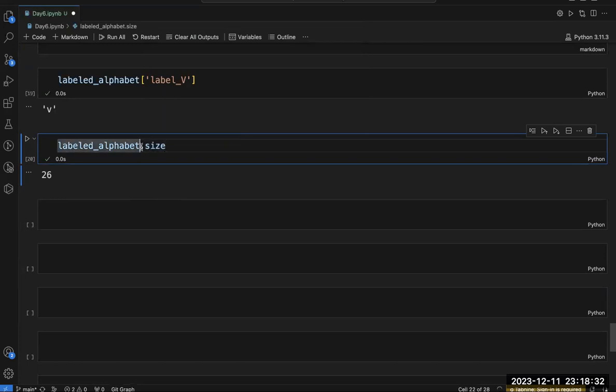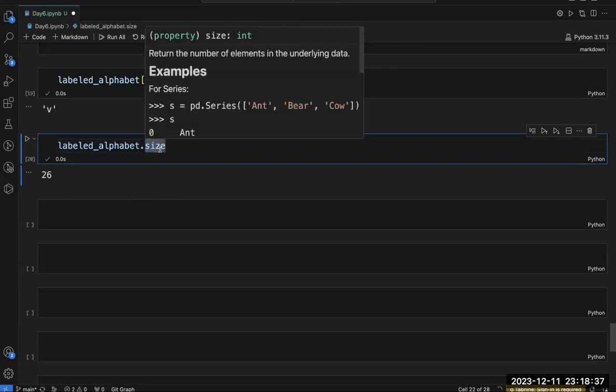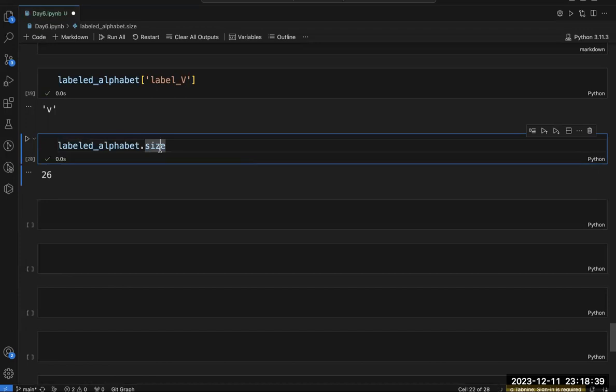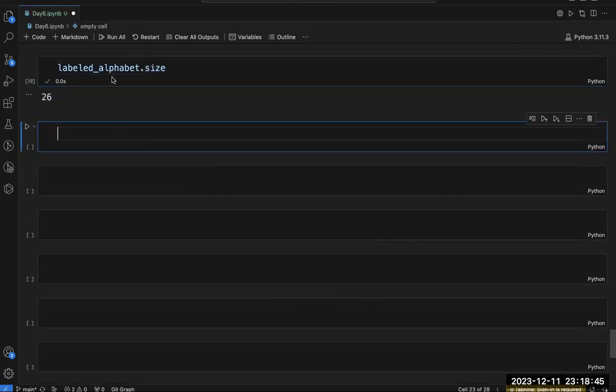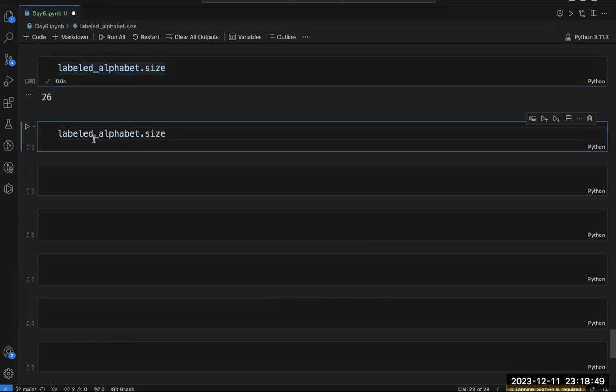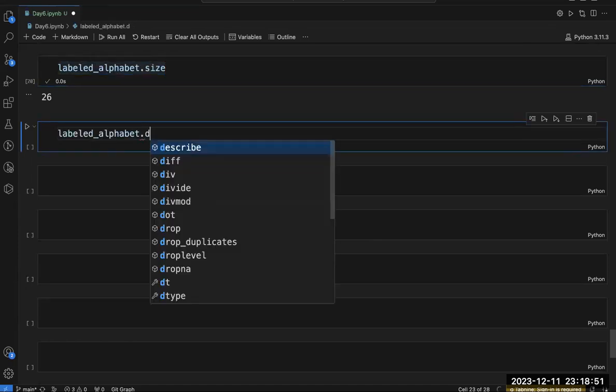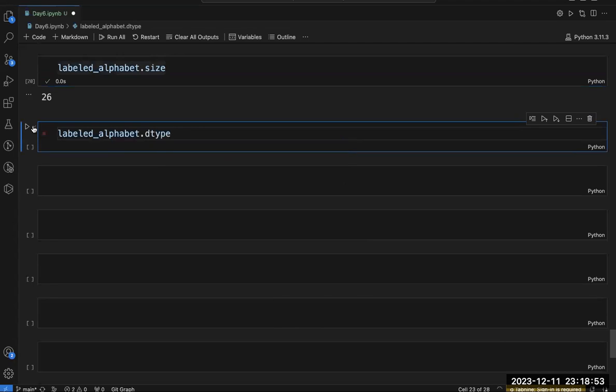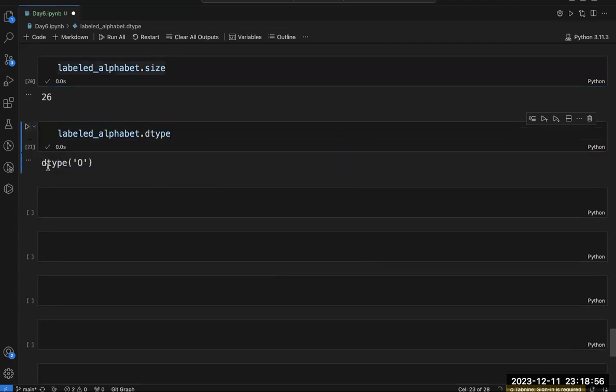Whenever you use this dot after the series, and you write whatever thing you want to access and supply it, that is basically dot notation. Similarly, we have already learned that you can access the data type. You write dtype, and you get the data type as object.